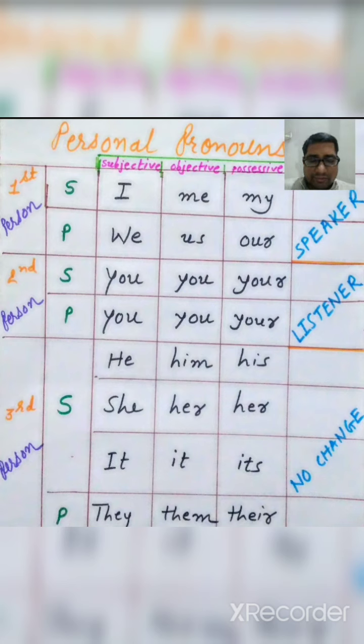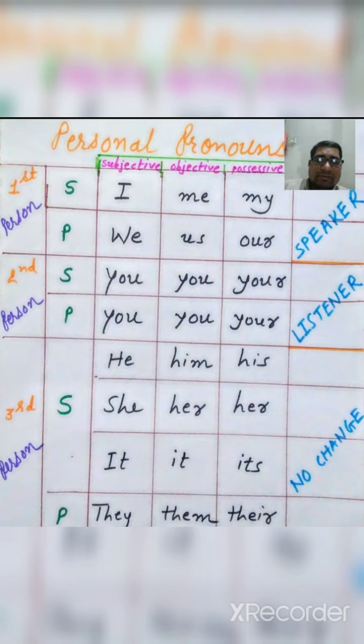That is very important for you all for this chapter number 12, 13, 14 and many upcoming chapters like active, passive, direct, indirect speech in next term. So let's see them. You can see here the whole table is classified into three persons: first person, second person and third person. Now all three persons are also classified into two numbers, singular and plural.